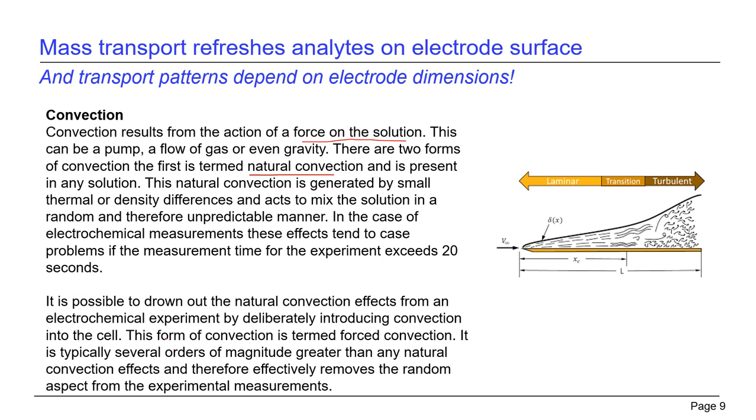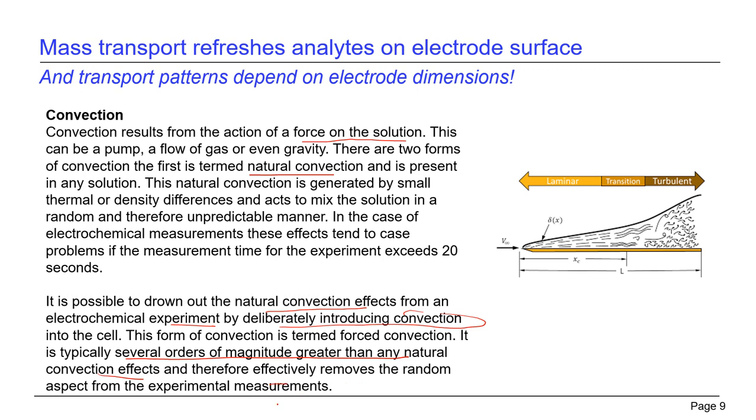In the case of electrochemical measurements, these effects tend to cause problems if the measurement time for the experiment exceeds 20 seconds. So this is a time-dependent process. It's possible to drown out the natural convection effects from the electrochemical experiment by deliberately introducing convection into the cell. This form of convection is called forced convection. It is typically several orders of magnitude greater than any natural convection effects and therefore effectively removes the random aspect